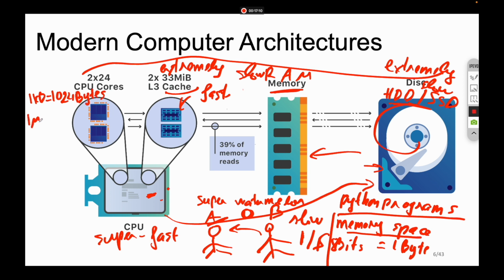And you have 1 megabyte equal to 1024 kilobytes. And 1 gigabyte will be equal to 1024 megabytes. And then we have 1 terabyte equal to 1024 gigabytes. All right. So if you try to investigate the